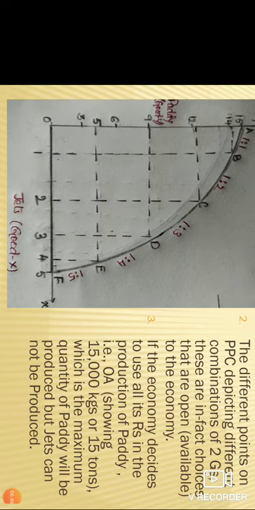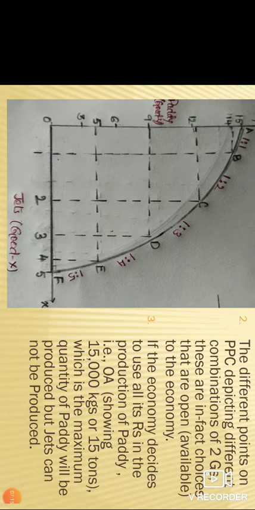So, compared to the previous combination C, the paddy has reduced from 12 to 9, that is, we have decreased the units of paddy by 3 units. How much have we sacrificed? 3 units we have sacrificed. How many units have we gained on the x-axis? From 2 to 3, we have increased 1 unit, meaning 100 jets we have gained by sacrificing now